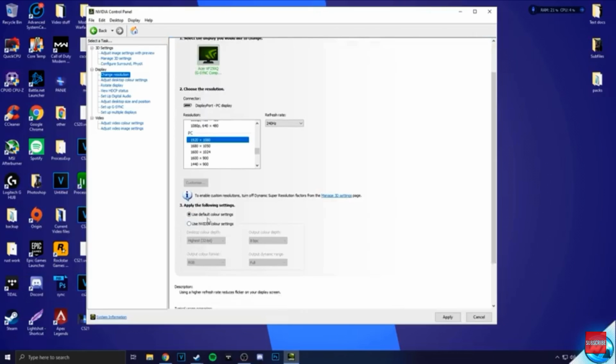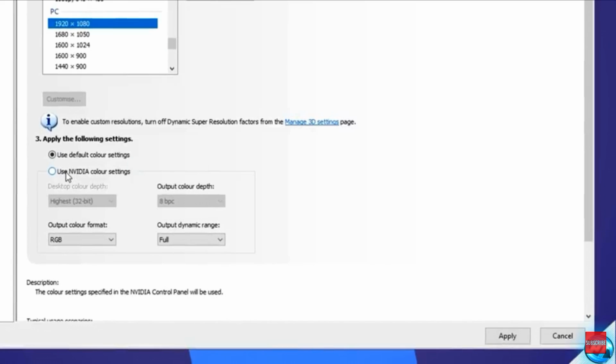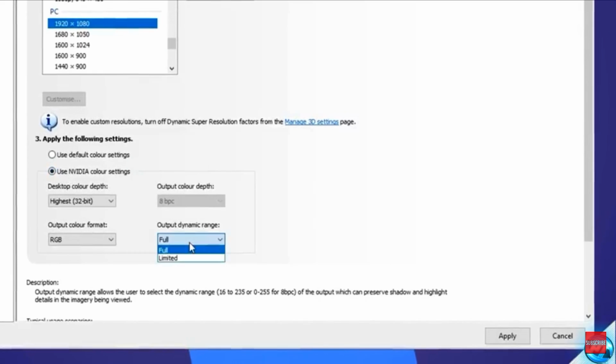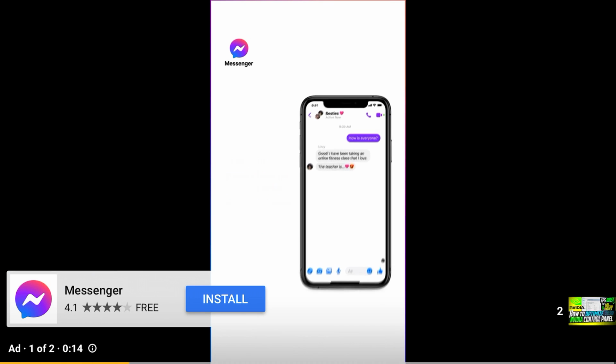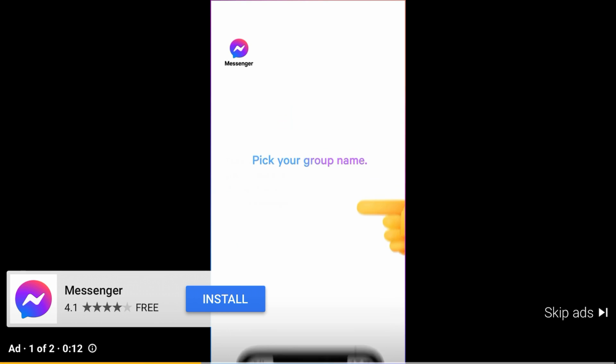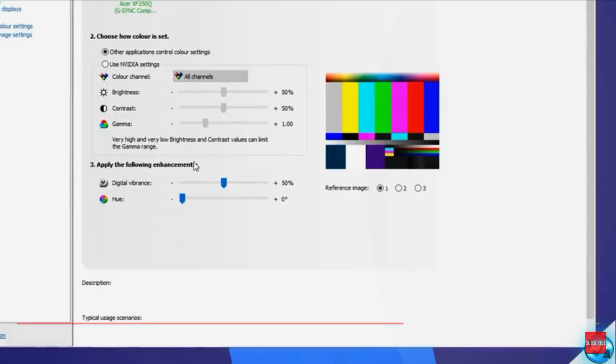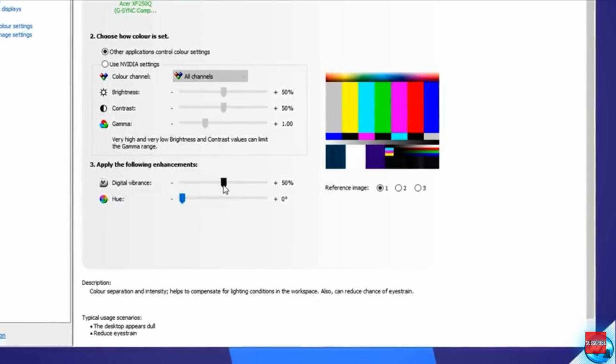You can then scroll all the way down to the bottom and select the option to use NVIDIA color settings. Make sure this is set to full in the bottom right hand side and press apply. To apply the following enhancements, go to the digital vibrance tab and I recommend